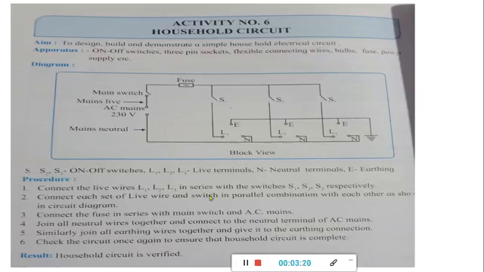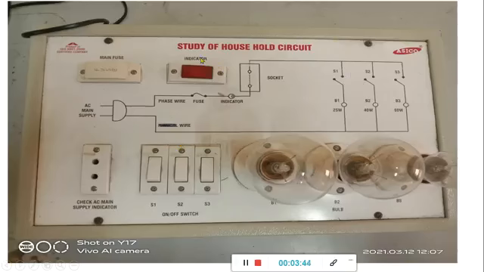But these are the parts, and we have to do only the theory part, because in the exam you are not supposed to do any connection, nothing. We will be providing you a ready kit where all the connections are done. Even the circuit diagram you can do very easily, because it is drawn on the board only. So you can very easily draw the diagram by seeing this. So you have to just write the aim.